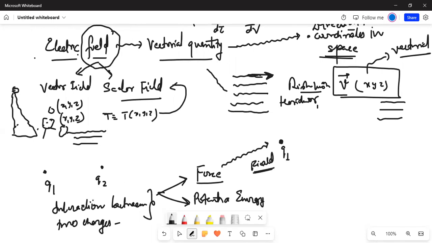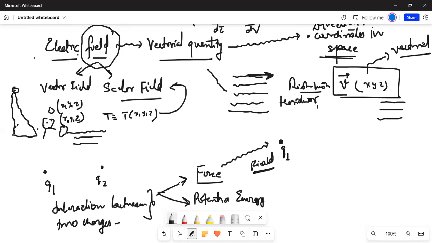Okay, so basically when you're talking of interaction between the two charges, you tend to describe it in two ways. You would ask very promptly the question, what sort of description do you want? For example, if somebody says, I want a vectorial description, you would say, okay, I'll find you the force. And then somebody says, no, I want a scalar description in terms of interaction between the two charges. That is, I want to know that if these two charges are present anywhere in space, what is